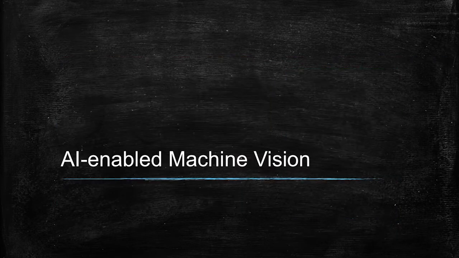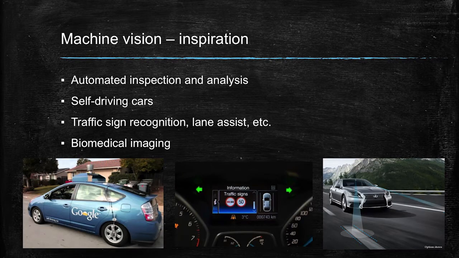Going into the main topic of this talk, let me first tell you the motivation. Basically, machine vision is part of the Internet of Things. There was a talk this morning which touched on this idea. Maybe not in Eastern Europe, but in California, you may very often see self-driving cars developed either by Google or by Tesla. But maybe more often you can see cars which have automatic traffic sign recognition.